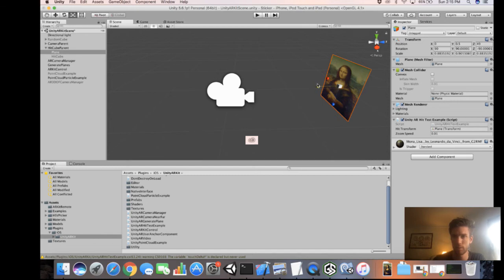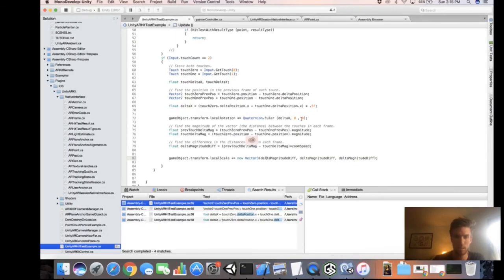Y is really not that important. It's X and Y. It's just delta. Okay, so find the difference in distances between each frame. This is working good. I do like this rotation. But this scaling is